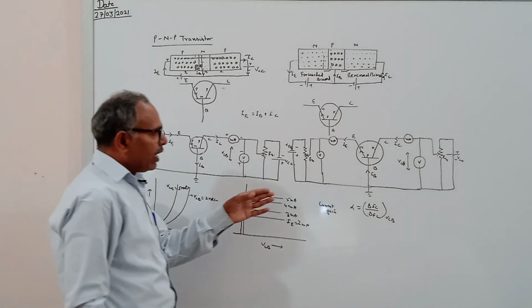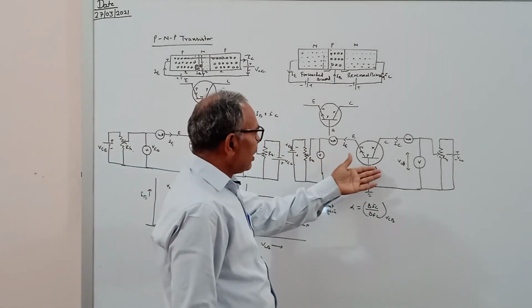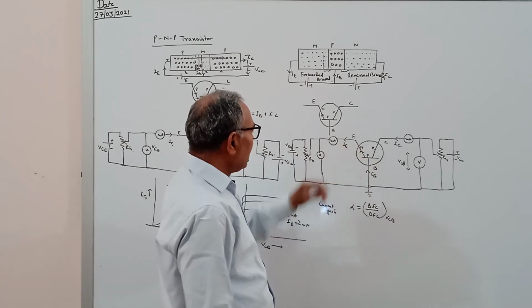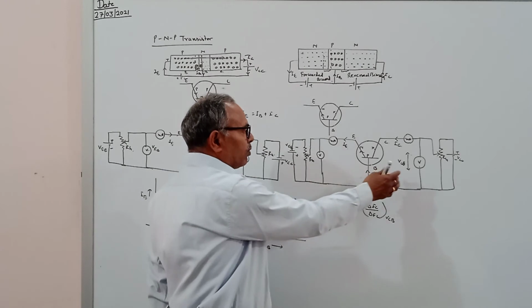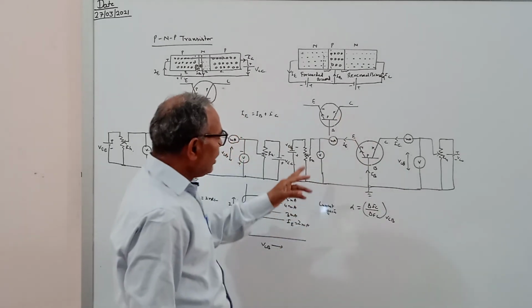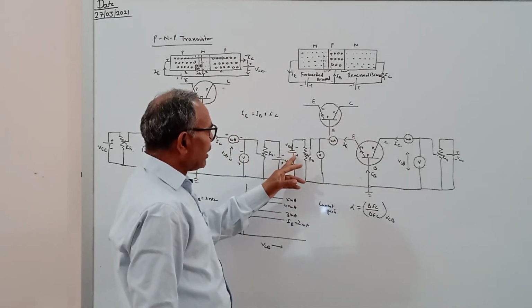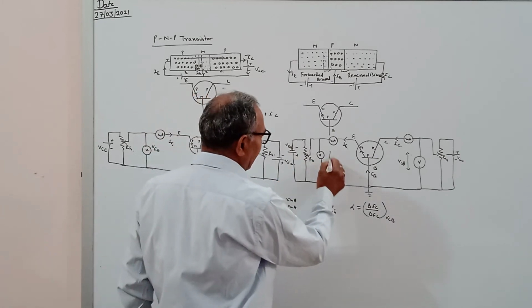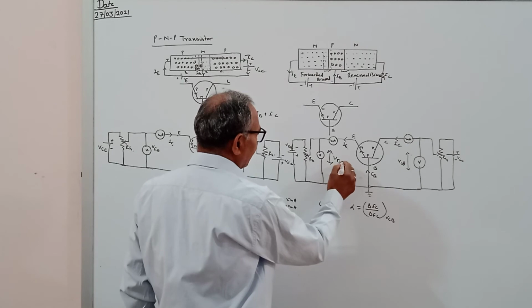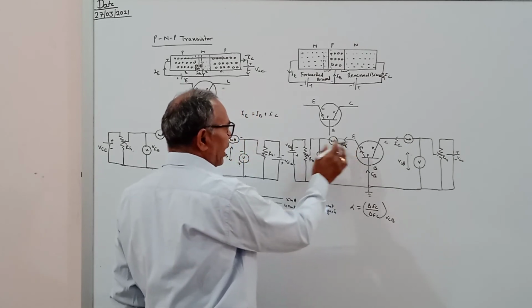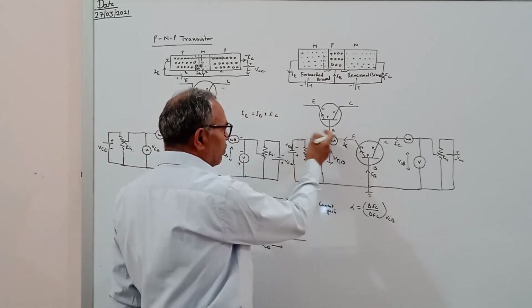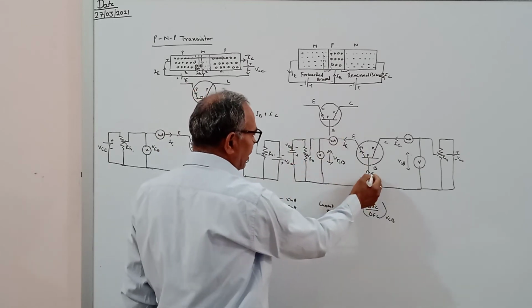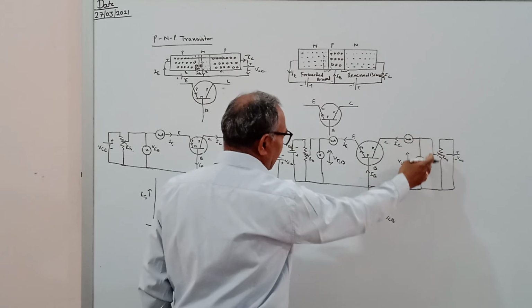Similarly for the NPN transistor we can design the circuit. The circuit will be like this. Here the input should be forward biased and the output should be reverse biased. So here also we connect, this is the rheostat, this is the voltage, and this voltage we say is the VEB. This is the IE current. So negative to positive, this is the direction of the current, and this is the IB base current, and this is the collector current.